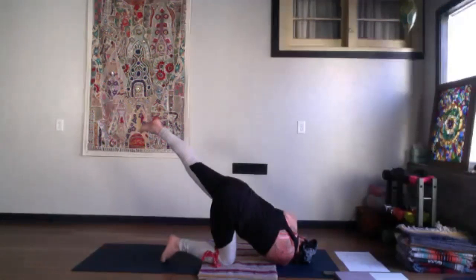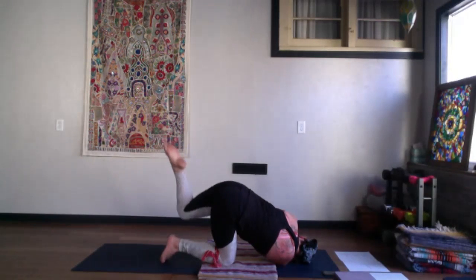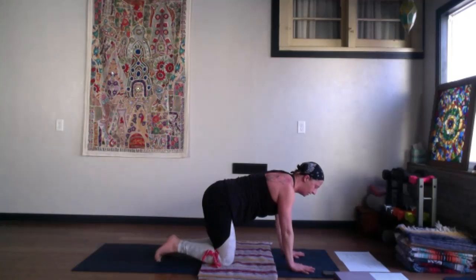Now, if you feel unstable here, this could put your neck in a compromising position. So just extending if you feel the balance today, and if you're not feeling it today, you can go ahead and leave that knee down on the ground. And then gently setting the knee back down. If it's extended, come back to a tabletop position and we'll repeat the thread the needle on the other side,